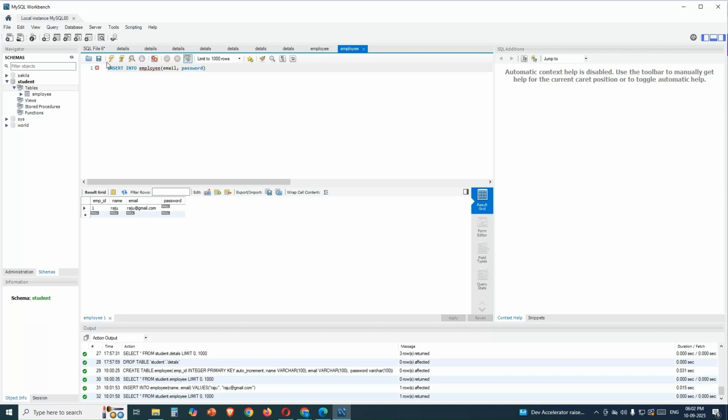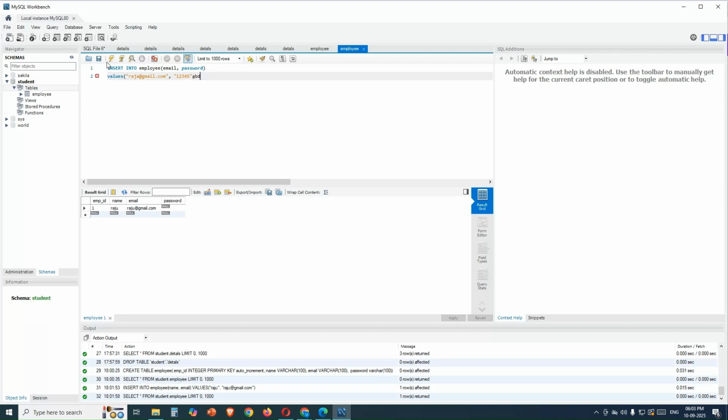Then enter values. So here I'm entering the values. The email I'm giving is Raja at the rate gmail.com, comma. Here we can give a password as 12345